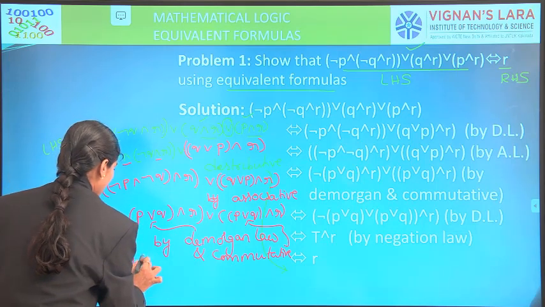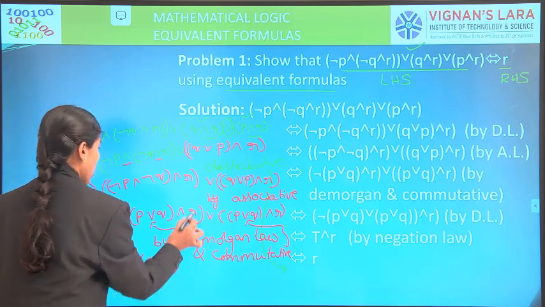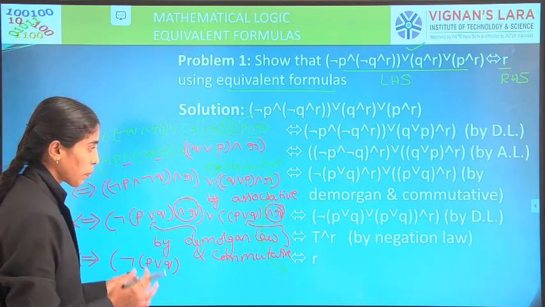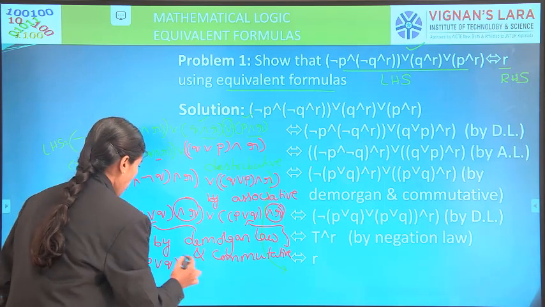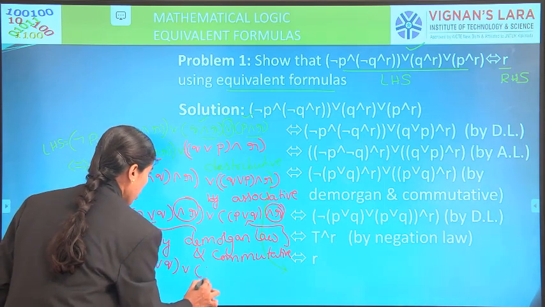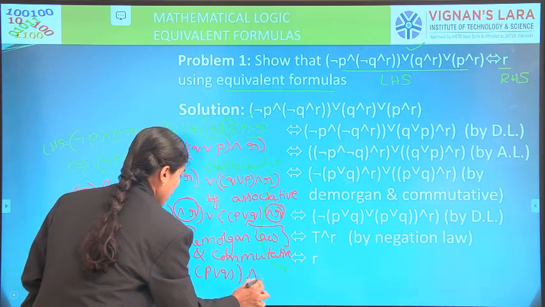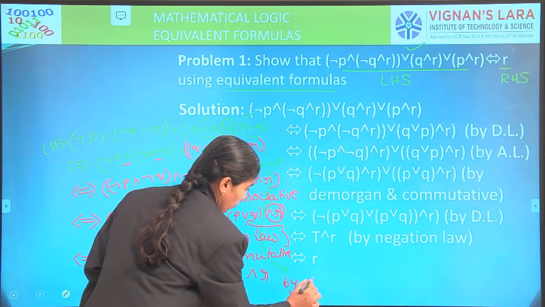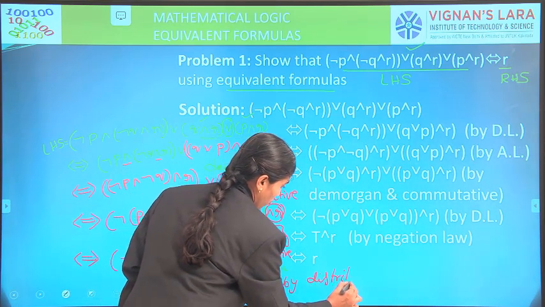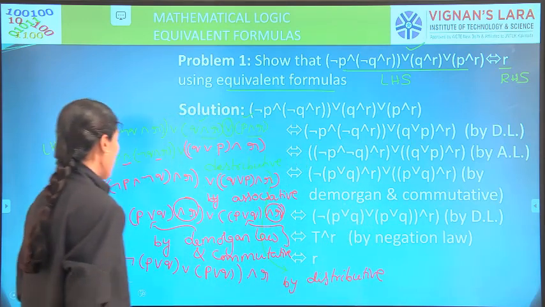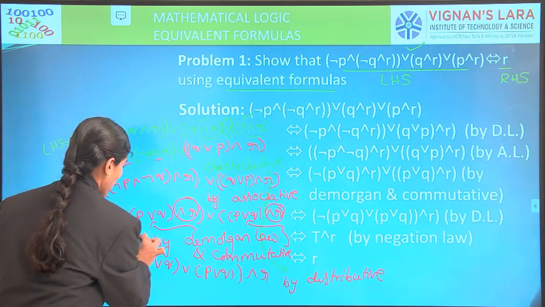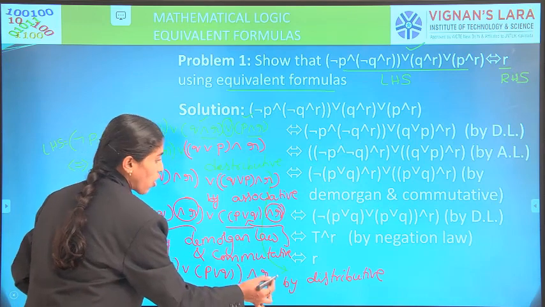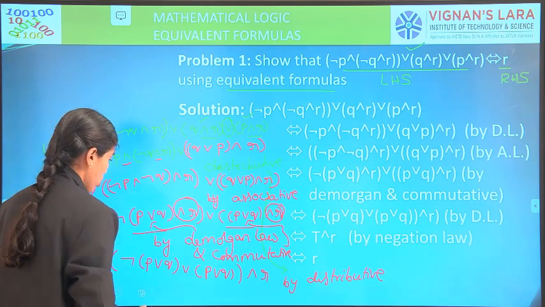Once again, see here, negation of P, R, Q and R is repeated twice. Whenever it is repeated, we apply the negation of PRQ or PRQ and R. What do we call this law? The distributive law. So by distributive law, right? We apply negation of PRQ, this term and this term, joining them, since R is common. We call this distributive from RHS to LHS.